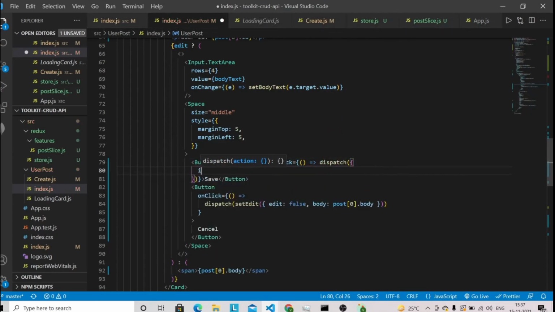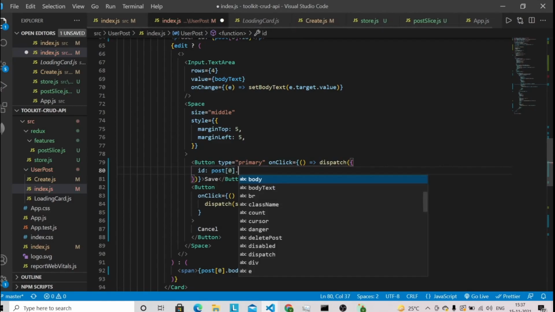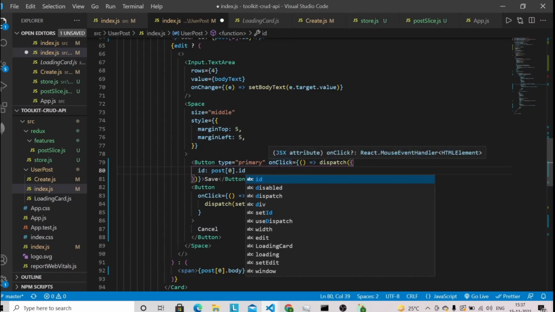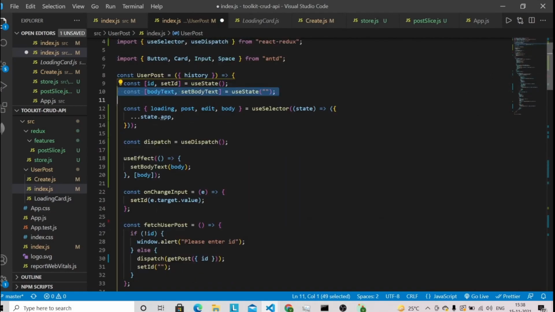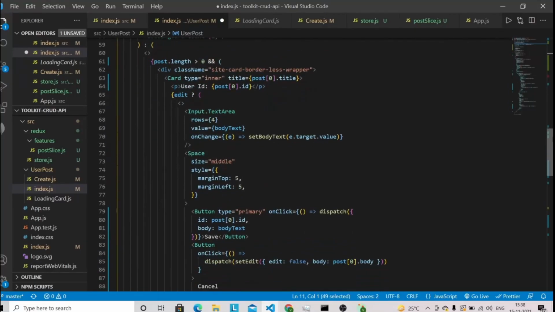We can pass the id this way, post[0].id, because post contains a single array of objects, so we can access the id at the 0th index. And for body, we have bodyText because we are storing the updated body value into the body text.